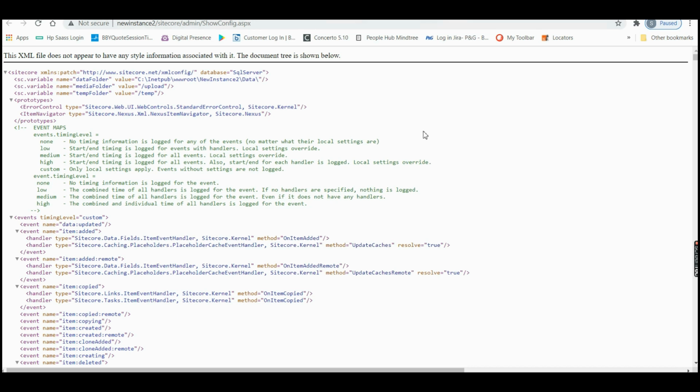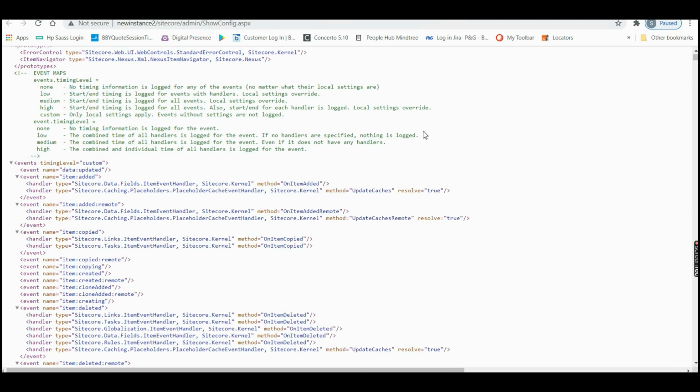If you want to troubleshoot anything in the config, it's very difficult to go through all the config files. So using this, you can easily get the patched config here, so that you can search whether the config you added is reflected here, or what the issue with the config is. You can easily drill down into the issues and solve them very quickly.